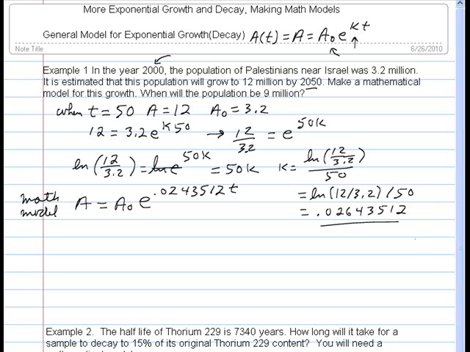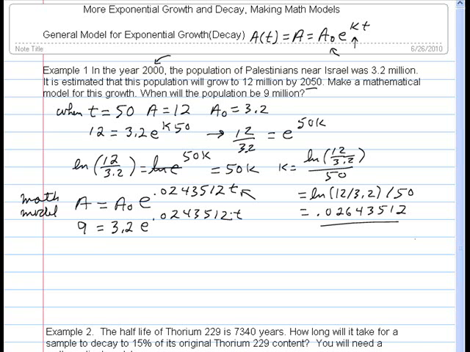And now that I've got my math model, I can answer the second question. When will the population be 9 million? Well, at least I can find out how many years it will be. I can add that to 2000, and that will tell me when. So if the population is going to be 9 million, A is going to be 9. A0, of course, is what you started with, so that's still 3.2 E to the